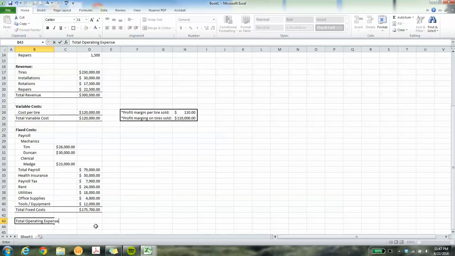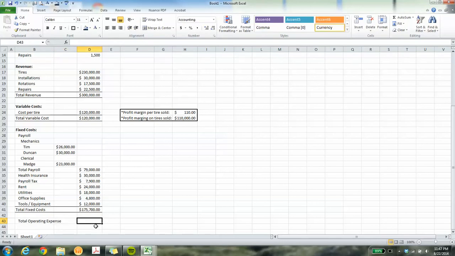So what are our expenses from our operations? That's going to be our total variable cost plus our total fixed cost. So it's associated with the product that we're selling, whether it's a service or a product. That's going to be our total operating expense, and I'm going to make it similar to total fixed costs for formatting. And that's just equal to our total variable cost plus our total fixed cost. So total operating expense is